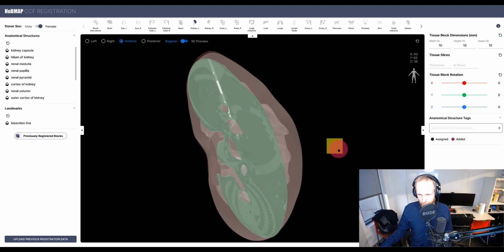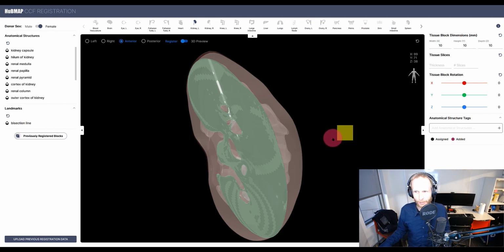Okay, so you might have noticed this yellow tissue block over here. This is the tissue block that we are going to register. We're going to talk in a second about how you can resize it and rotate it. For now, let's just talk about how you can move it. So just two ways for moving it. One, when you are in the registration mode, you can hover over it with your mouse and then press and hold the left mouse button, and that way you can move the block along 2 dimensions.